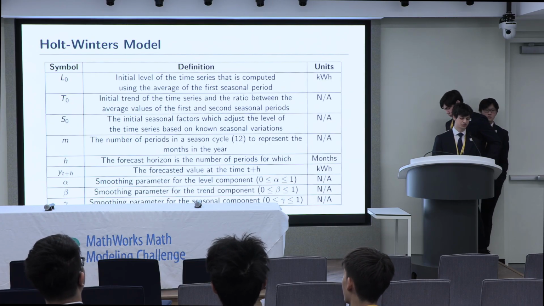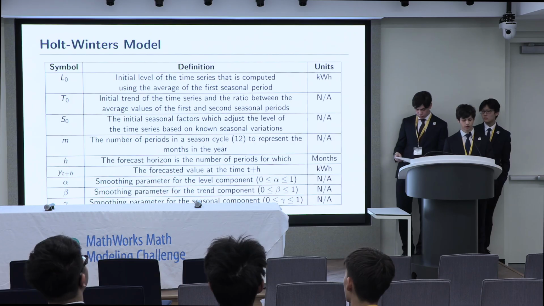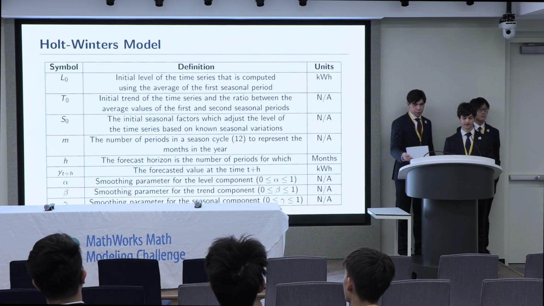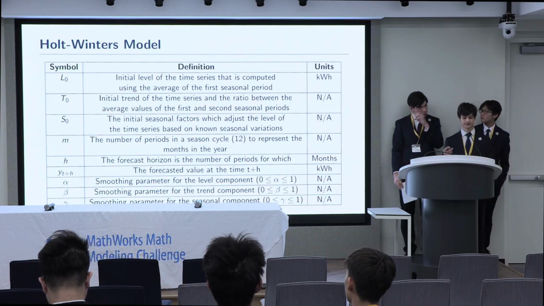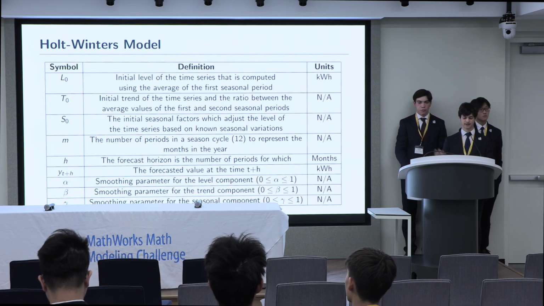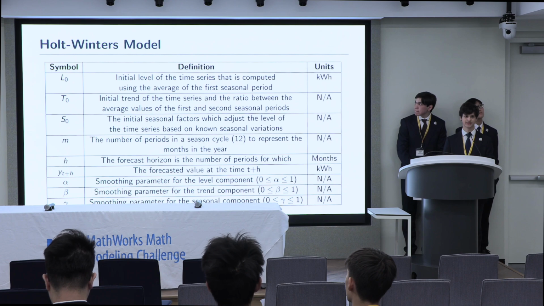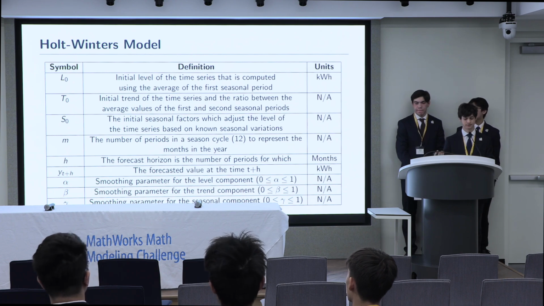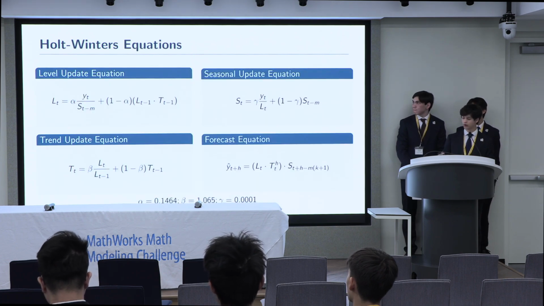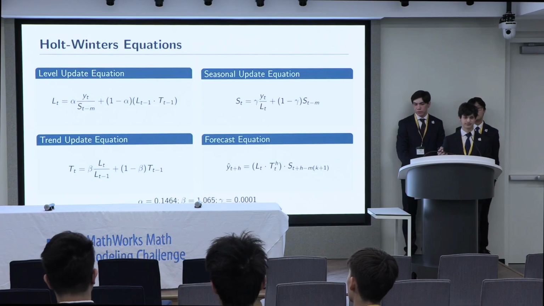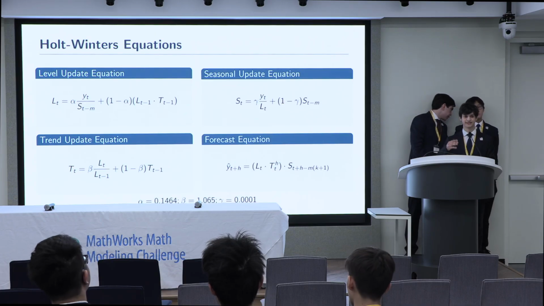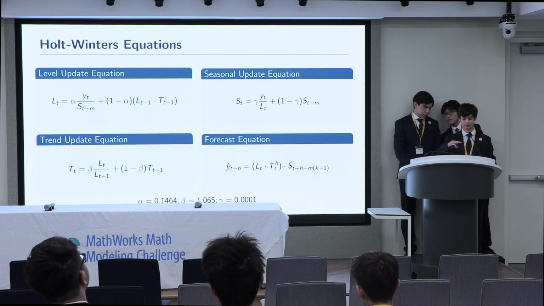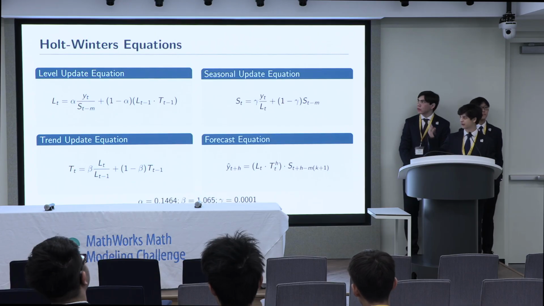So to model the industrial and commercial dataset, we opted to use Holt-Winters exponential smoothing. This is effective when the data has a clear trend and seasonality, and notably more so than SARIMA when there's less variation in the data. Here, you can see the variables we used, including alpha, beta, and gamma, which are constants which we will determine later. Holt-Winters has 2 versions, additive and multiplicative. It was not necessary to test both to choose which one to use. We saw immediately that we should use the multiplicative version since the seasonal level scales with the overall level rather than staying constant. There are 4 equations involved in this.